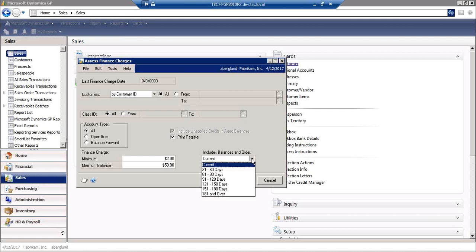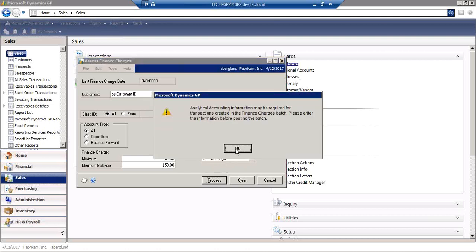And when I ask the system to assess finance charges, I want anything 91 to 120 and older. So anything over 91 days will get assessed a finance charge. So you have control on what balances are going to get assessed a finance charge. So if I click Process here,